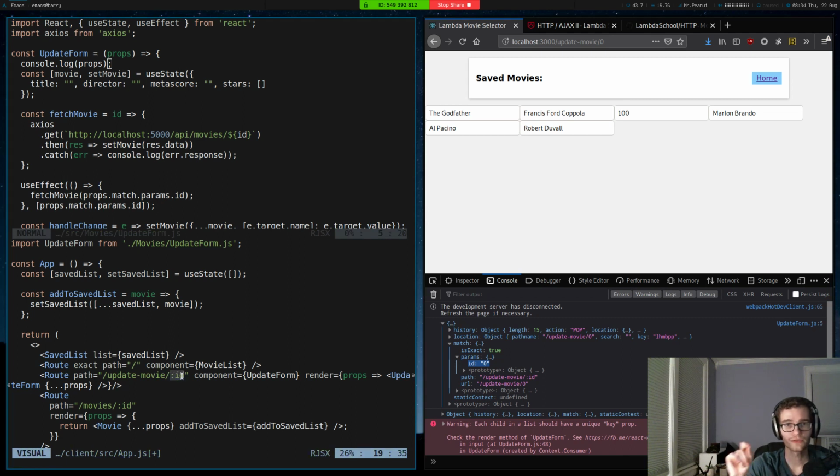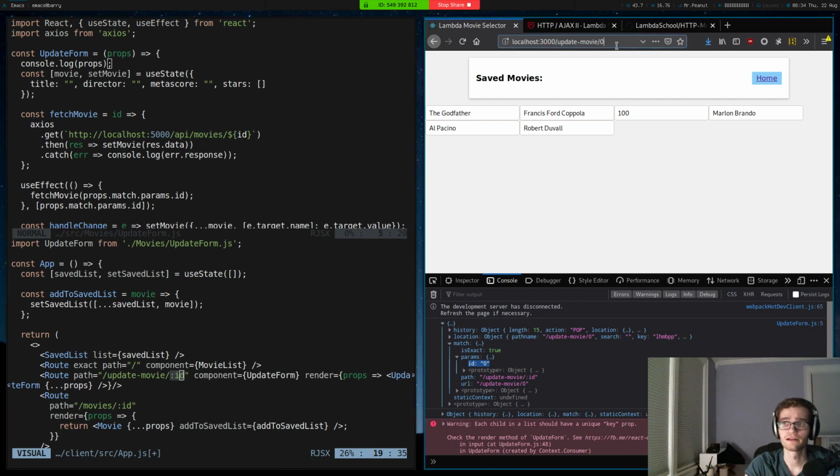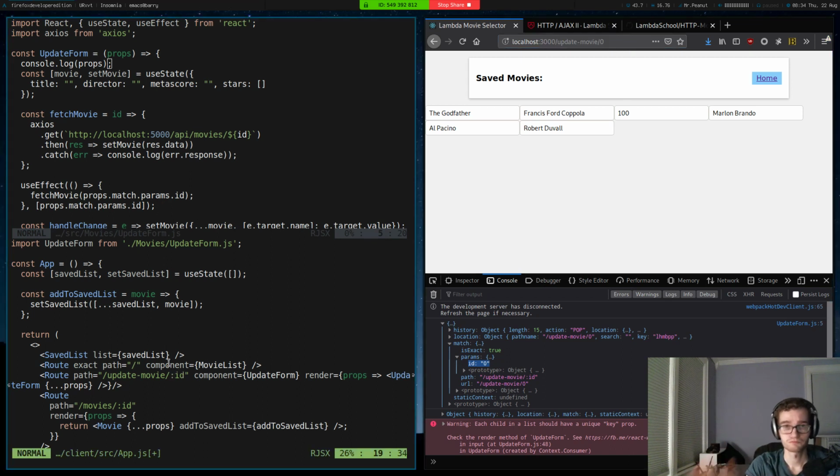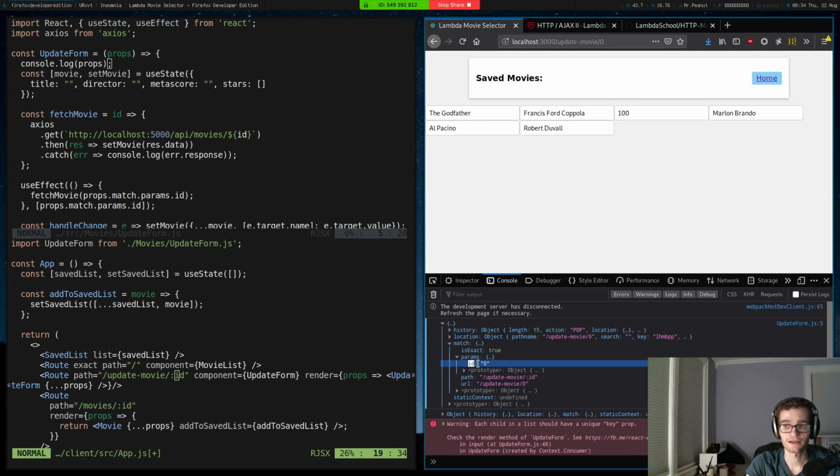This colon tells React Router to parse the URL, find whatever is in that position, in this case it's the number 0, and parse that out for us. It then gives it to us as a prop. Inside of the match object, there's an object called params, and then under the key ID appears the value that